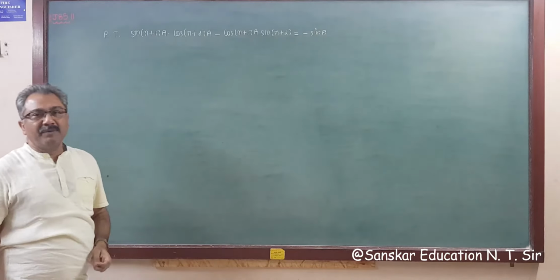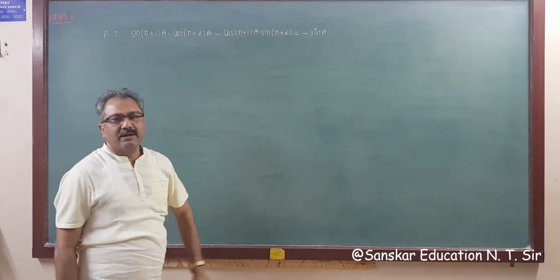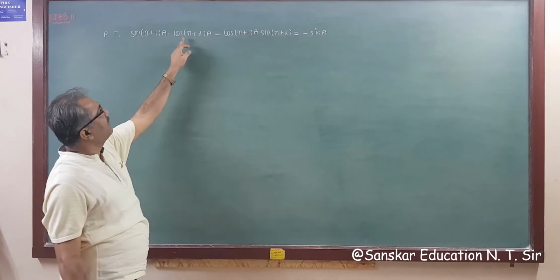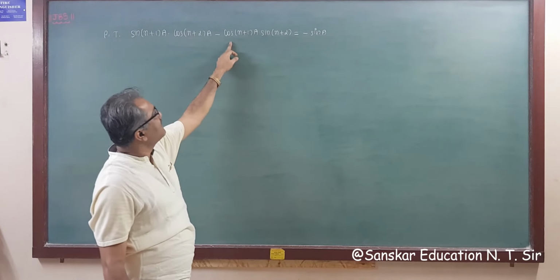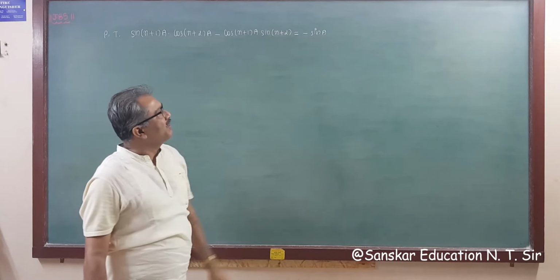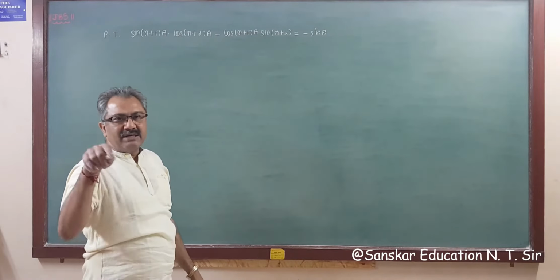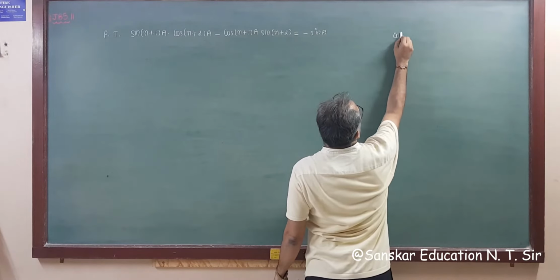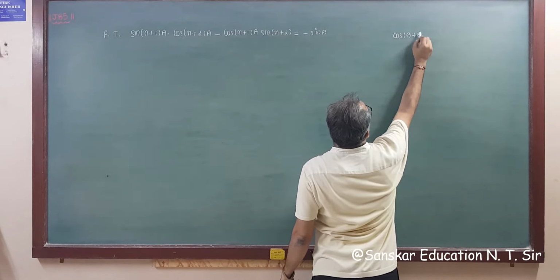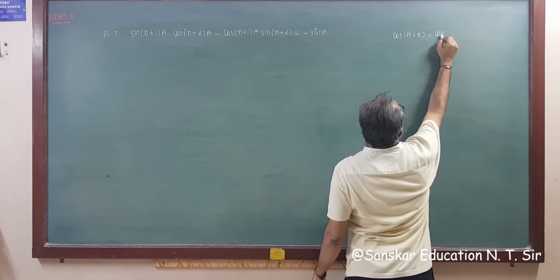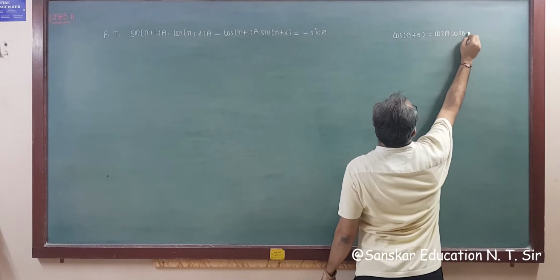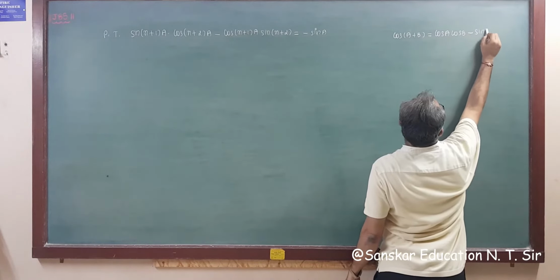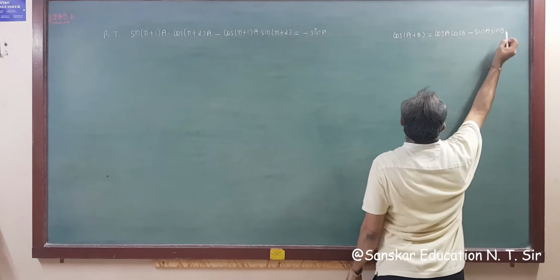Okay, we saw the formulas, and I have taken a sum as an application: prove that sin((n plus 1)a) cos((n plus 2)a) minus cos((n plus 1)a) sin((n plus 2)a) is equal to minus sin a. We saw 4 formulas, right? So the first is cos(A plus B) is cos A cos B. If in cos it is plus, then you take minus. So this is minus sin A sin B.